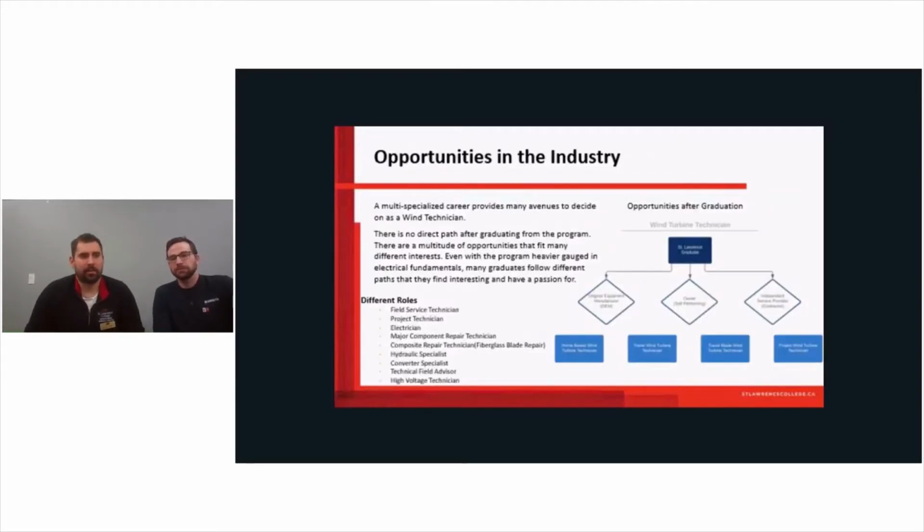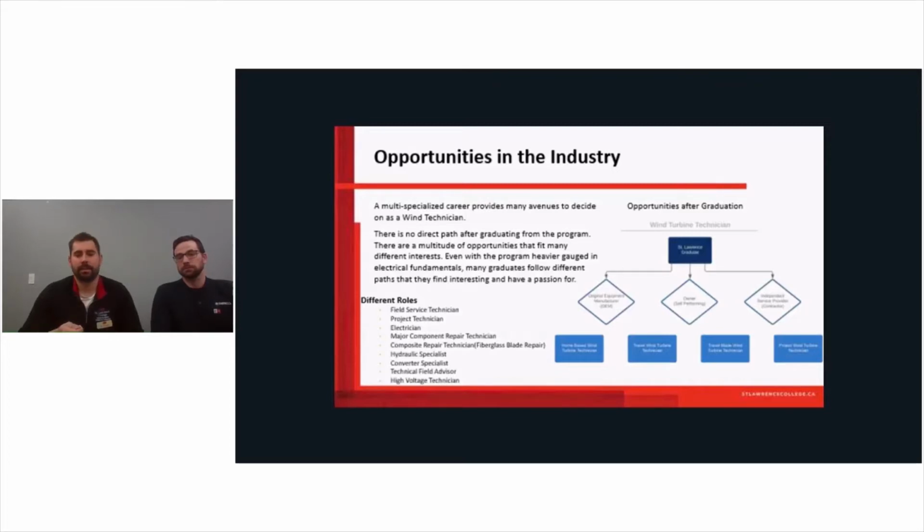So that was a little bit of a wind technician, and you guys can talk or ask any questions about what different opportunities you can be as a technician. On this slide here, I have different basically pathways that you're going to go into from where we are as a graduate in the college. When you graduate, typically as a wind turbine technician specifically, there are 3 options, and most of the time you'll have your